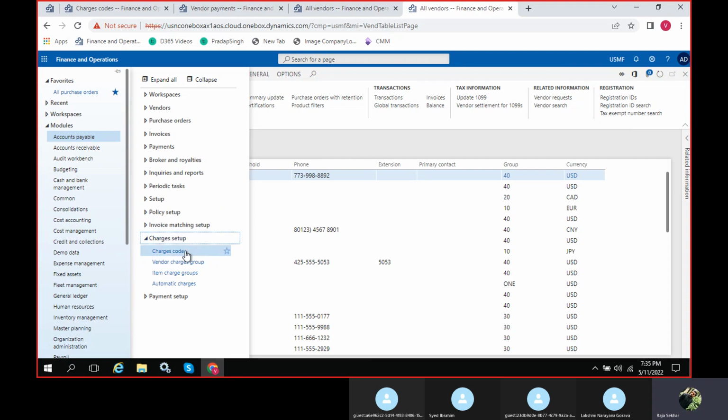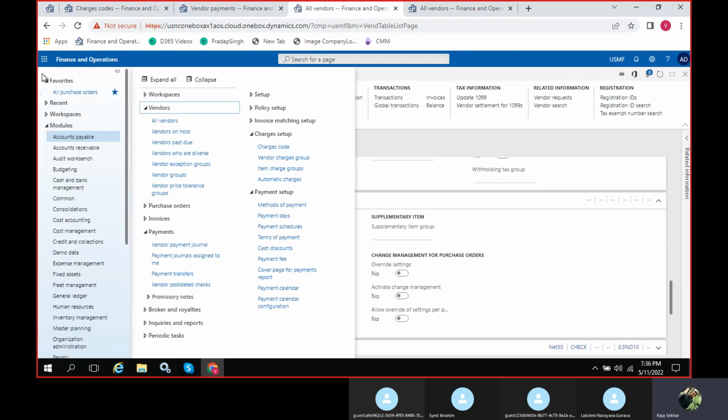Okay, so charge codes are nothing but, guys, whenever we are doing purchases from our vendors or suppliers, we are going to make some charges against suppliers, or we are going to receive the charges. There will be multiple charges, right? There will be freight charges, vendor charges, or normal fees, so all those things will be there, right? For that reason,